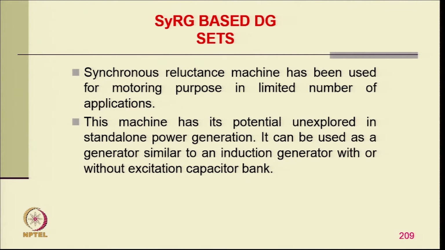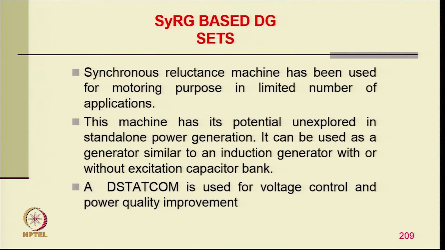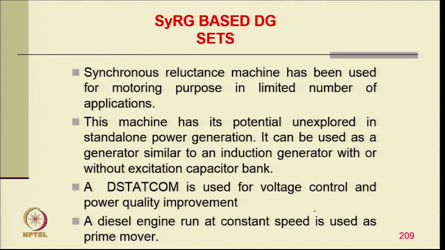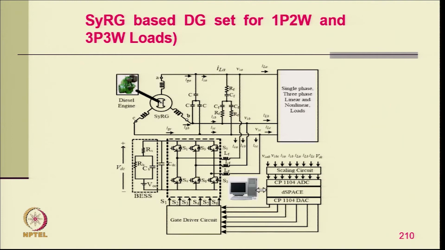It can be used as a generator similar to an induction generator with and without a capacitor bank, and this STATCOM is used for voltage control and power quality improvement, and the diesel engine runs at typically constant speed as the prime mover. This is the typical case when we have a battery along with a voltage source converter, and we have a 3-phase non-linear load. So, the battery provides power leveling along with voltage regulation here,